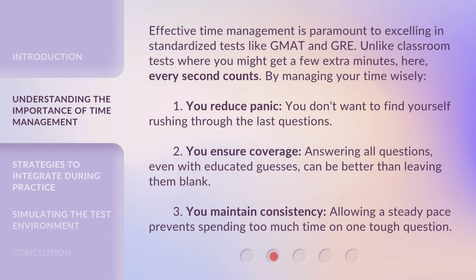Effective time management is paramount to excelling in standardized tests like GMAT and GRE. Unlike classroom tests where you might get a few extra minutes, here, every second counts. By managing your time wisely: